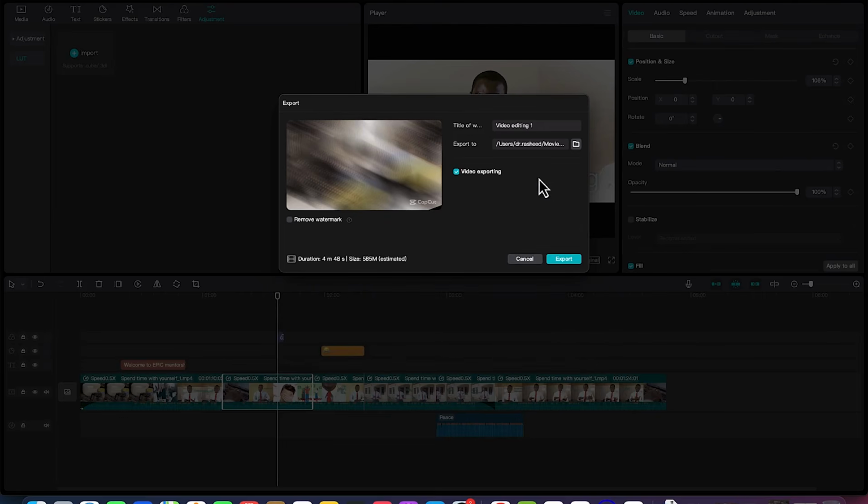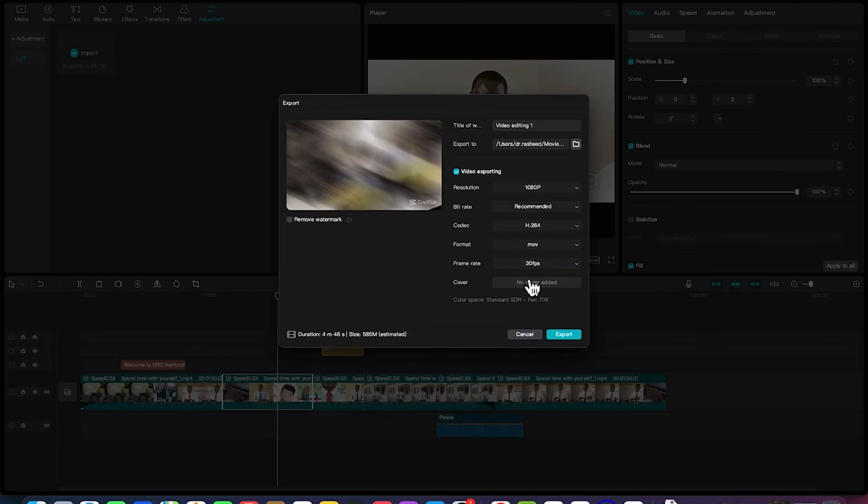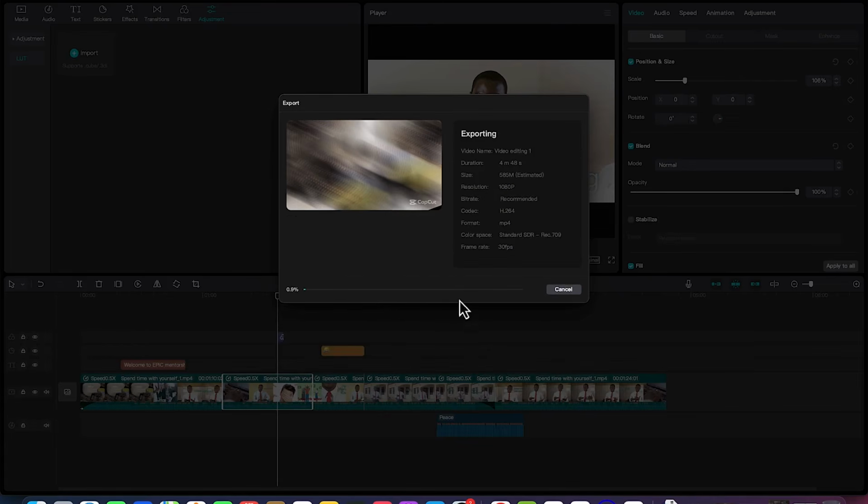And once you specify the resolution, you're free to go ahead and check the bitrate. Usually H.264 in the codecs is the best, and you can select the format. I usually go for MP4, okay, not MOV, and then the frame rate is 30 frames per second. And once you are certain with all this, you can go ahead and press export, and it's going to export this video clip that you've edited completely. So you can see right now from the bottom over here, the duration of the export is going to be 4 minutes 48 seconds, and the size of the video clip is estimated to be 585 megabytes. Okay, so you can just go ahead and click on export, and it's going to start the exporting process